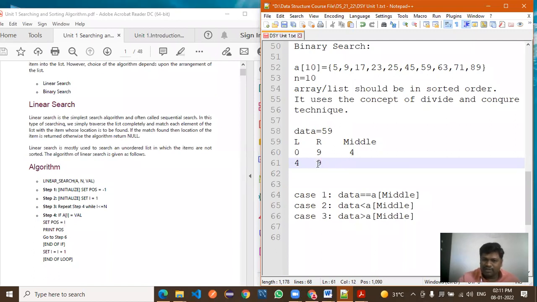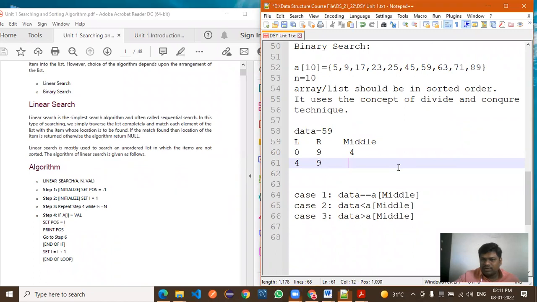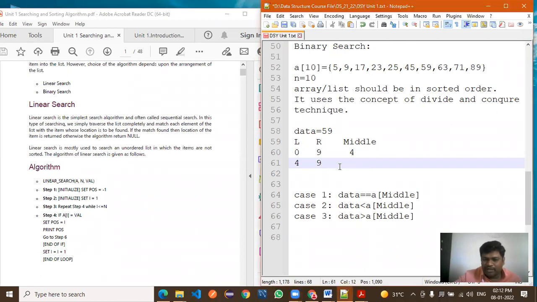Now calculate the middle. Next step. So 4 plus 9 divided by 2. So what is the value here? 6.5. 6, sir. What do we consider? We consider the integer value.